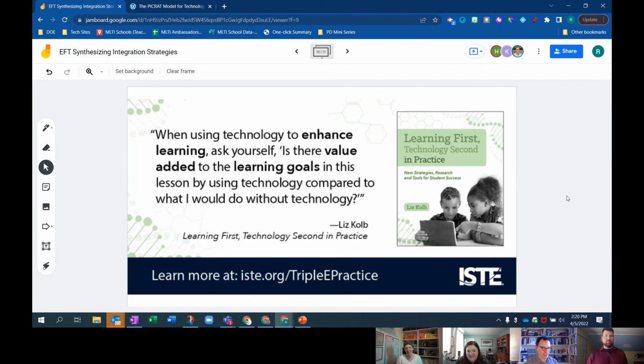I was just going to put out this thing on the bottom, the history.org EE practice is a really great resource for this. But this, we're going to wrap up with that concept of student-centeredness and the check in to see how effective any of these models are. I love the simplicity of this question. Is there value added to learning goals in this lesson by using technology compared to what I would do without